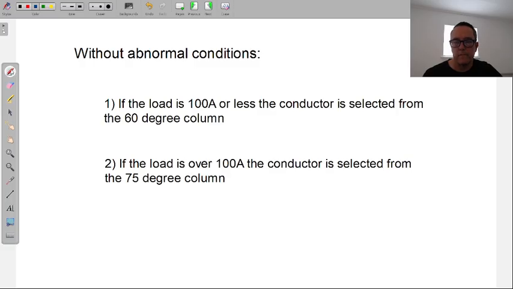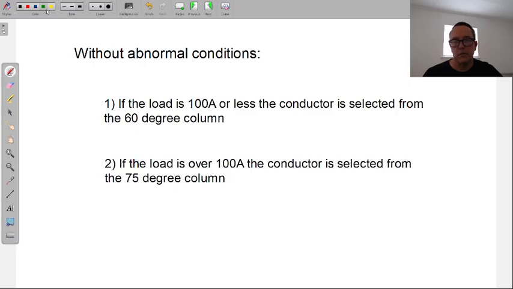So here's where we are. If I say, straightforward, because these questions are going to come as well, the easy ones, the hard ones. If I say, what size conductor is needed for a 60 amp circuit? We go simply to the 60-degree column. We find a wire that can hold 60 amps. That's the one we select. And same thing, if I say a 200 amp circuit, then we go to the 75-degree column and pick the wire from there.